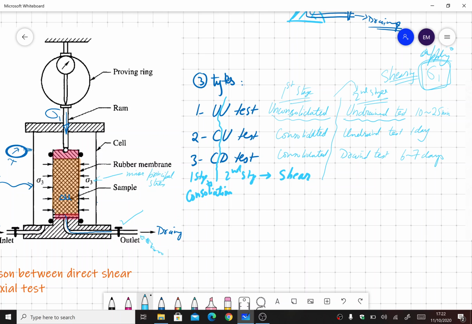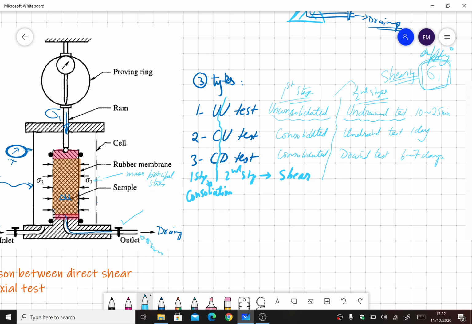So it is done like the previous test: after applying sigma 3, you turn on the drainage valve and wait for all the excess pore pressure to dissipate. And how will we note that? By noting the water coming out of the drainage valve. If there is no more water coming out, that means consolidation has occurred. So in the last stage, the second stage, the shearing stage,